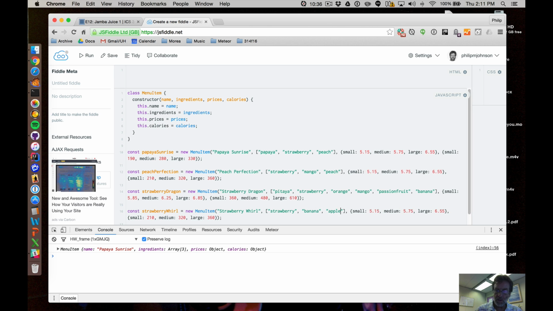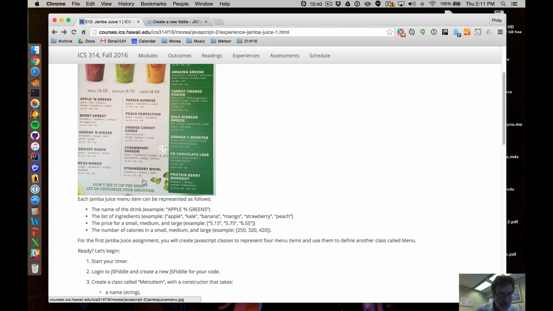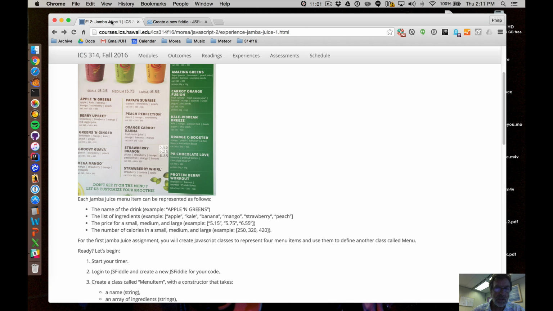It's got the default cost, and then the calories are 210, 310, 380. Isn't that funny? How the heck could the small have the same, and then it starts to get different for medium and large for this? I don't know how that would be, but okay. So there are our 4 drinks,